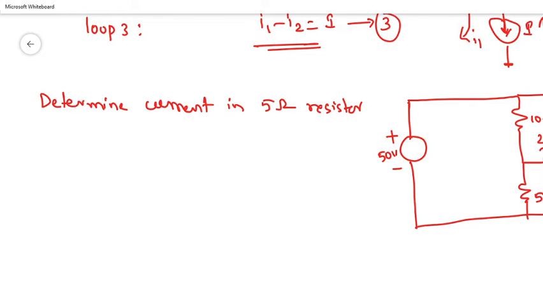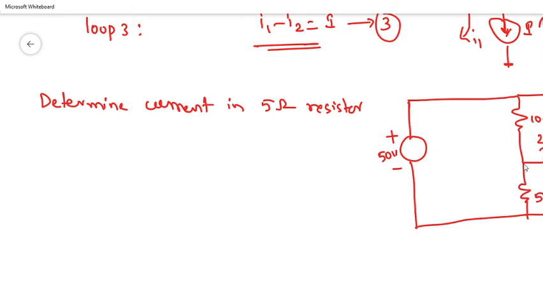So we'll explain with one example. This is a circuit, this is a network. You need to calculate the current across the 5 ohms resistor. Here is the 5 ohms resistor. By seeing itself, this has 3 loops, so we can easily apply the KVL principle. But here we have a current source in between the loops.